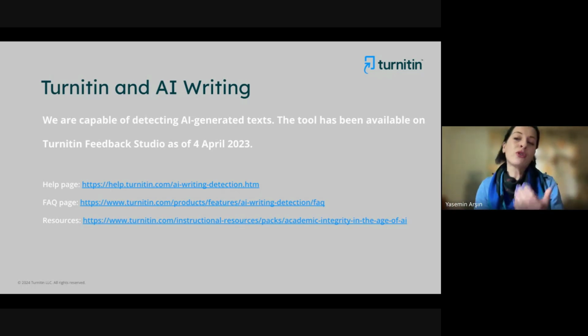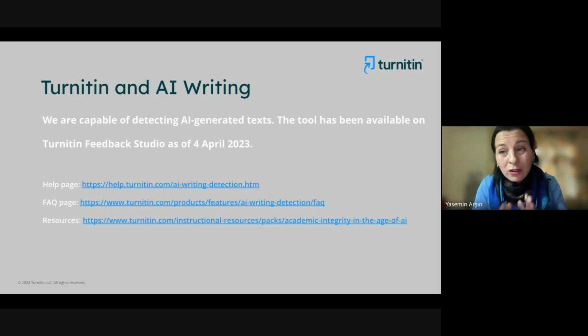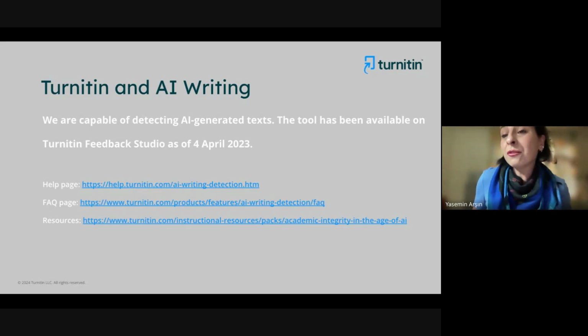Maybe you told your students to use Grammarly, QuillBot, etc. So it will completely depend on your decision, how to interpret it, and what kind of solid decision you are going to take. All right, so Turnitin will never tell you you have to penalize this student. So we completely avoid this kind of discourse, let's say.